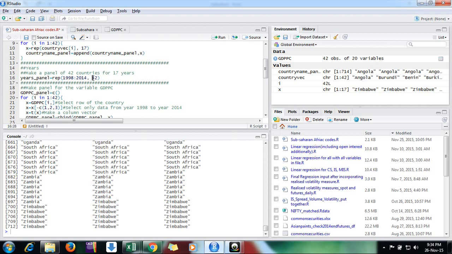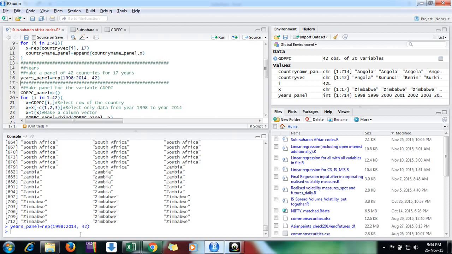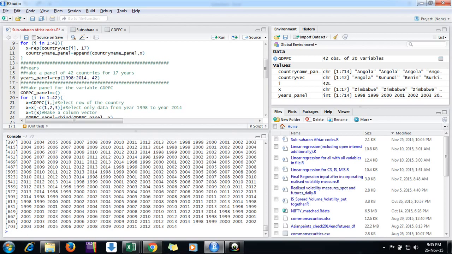How many times? 42 times. So I'm repeating this sequence 42 times and giving it the name years panel. Done. If you want to see it, years panel, you can see here, from 1998 to 2014, it has done its work very nicely.